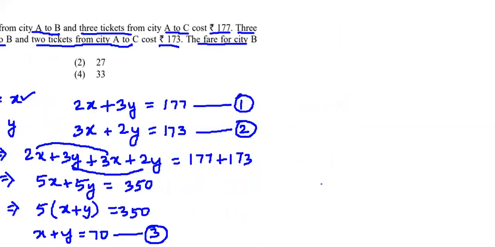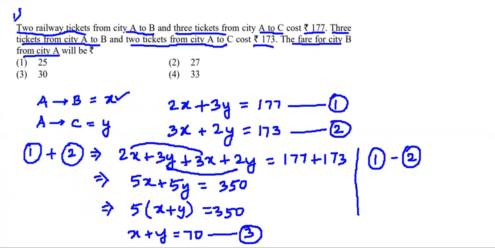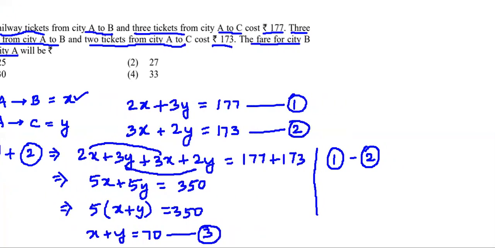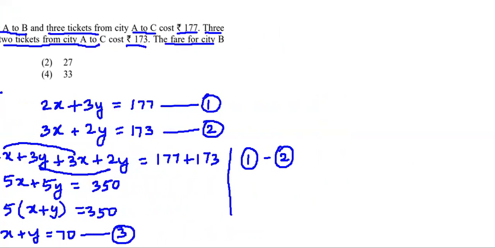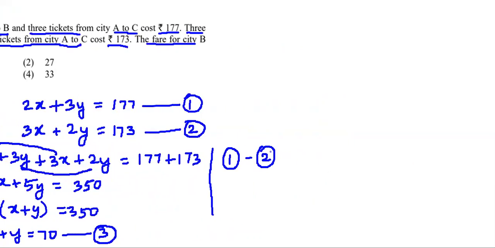Now, coming back to the same two original equations, equation 1 and 2, this time we will just subtract the two equations. We will do equation 1 minus equation 2. If you remember, the previous thing we did was add the two equations, equation 1 plus equation 2, and that gave us these steps, and finally we ended up with equation 3. And now this time, once again, we'll begin with the same two equations 1 and 2, and we will subtract them, equation 1 minus equation 2. Let's try to do that.